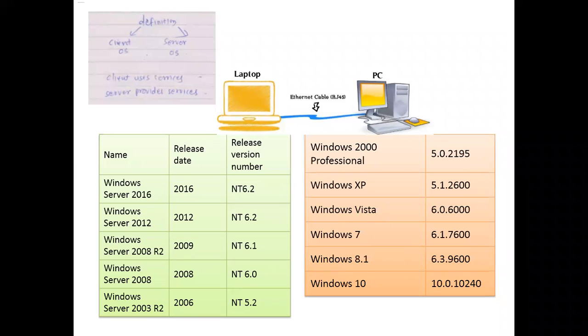What is hardware resource sharing? As I told you, if a machine is connected with a printer or a scanner or a CD writer or a DVD writer, such hardware, let us say a scanner and printer, you can connect to one machine and it can be shared. That machine you call a server. In your laboratory, you might have used the shared printer. What is printer sharing? It is sharing the printer on a network by a machine called a printer server.